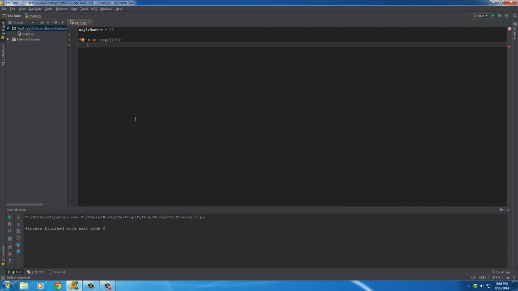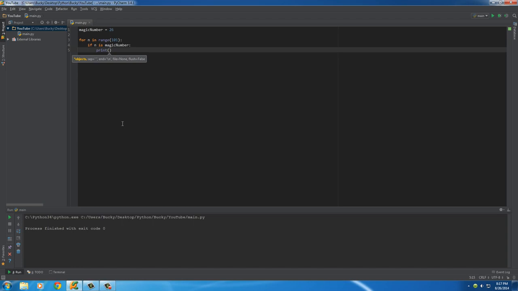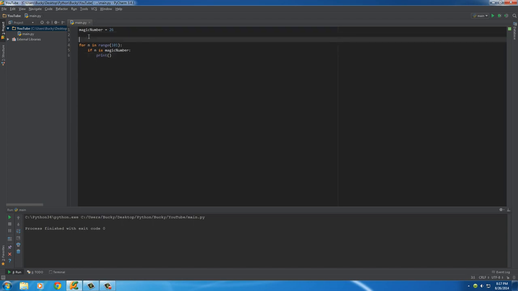Well, now we want to test if n is the magic number. So we make an if statement inside the loop. So if n is magic number, then that means that we found the magic number. So what do we want to do whenever we actually find the magic number? Well, we can just print out print, and I want to show you guys something real quick